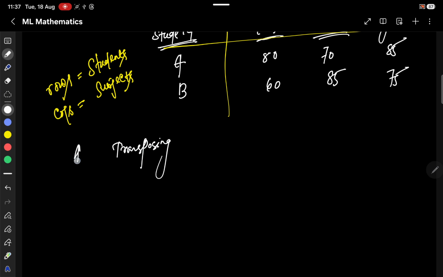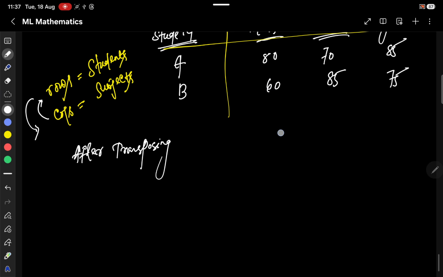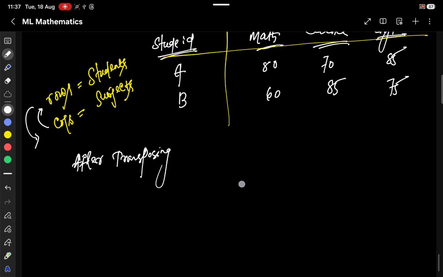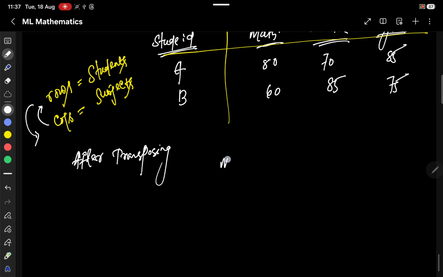after transposing, the columns become the rows. It will be changing, right? This will change to this, and this will change to this. That is what happens, right? Any doubt? There is no doubt here, right? So it will be switched. Switching means you will have something like this. See this, you have math,